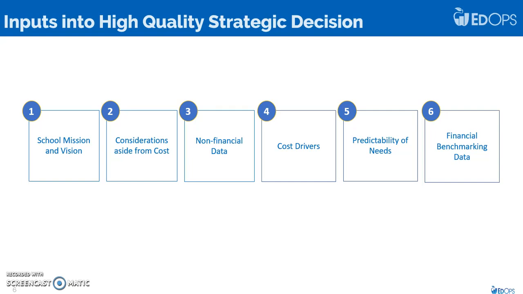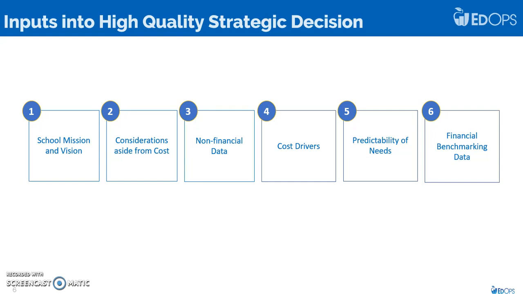The fifth input to consider is the predictability of those costs. For food service, is your school in a steady state and you know roughly how many meals you will order next year? Or are your school's demographics or enrollment numbers changing in a way that makes those order numbers harder to predict? Finally, the input that your schools rarely have access to and which we will be providing to you